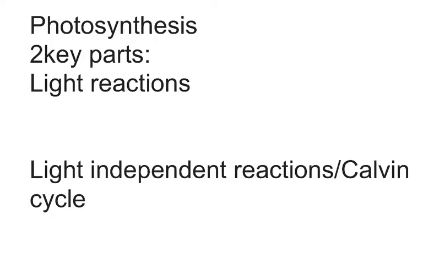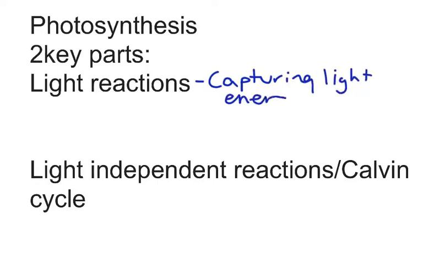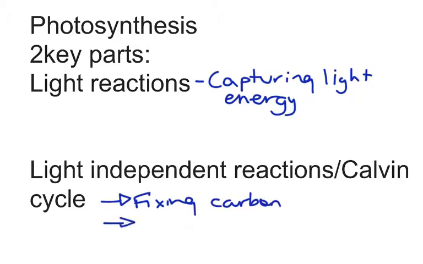Alright, when we start talking about photosynthesis, there's two key parts: the light reactions and the light independent reactions. In the light reactions, we're capturing light energy. In the light independent reactions, or the Calvin cycle, what we're doing is fixing carbon,